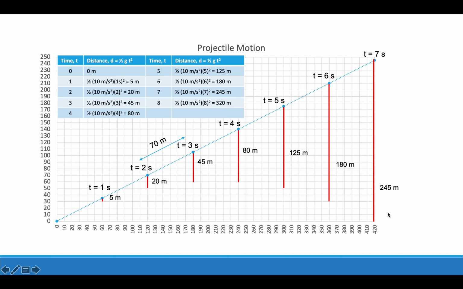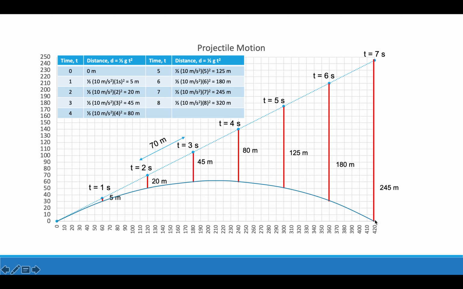24.5 blocks. And so I made this nice and easy so that it would all work out in my picture. And so now I can connect the locations of where the object actually is in terms of falling off of that straight line path, and that shows me the projectile motion. Now,